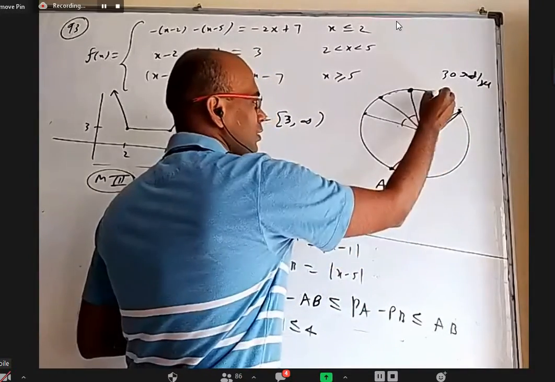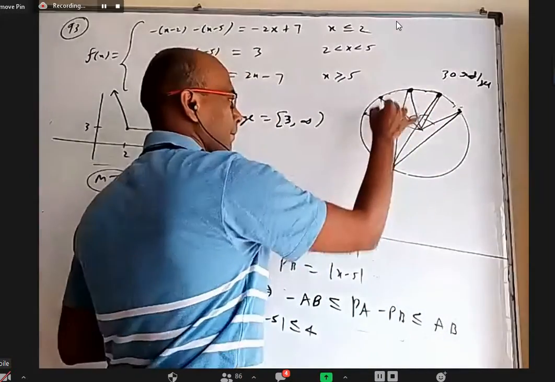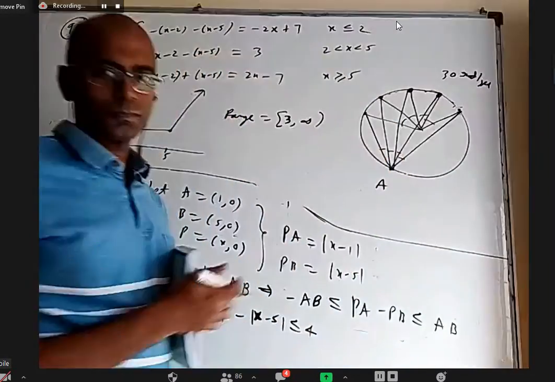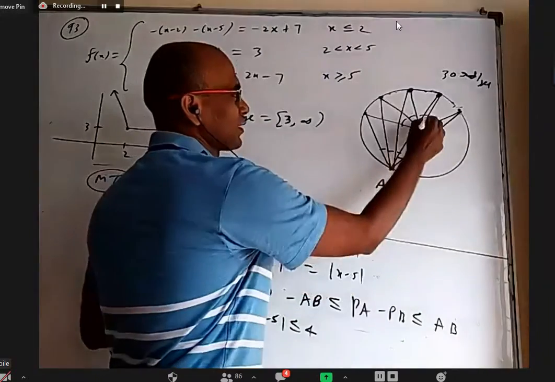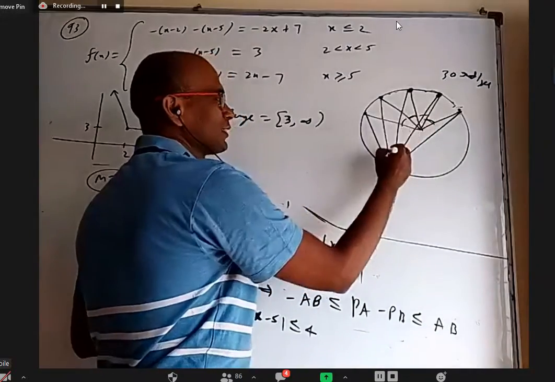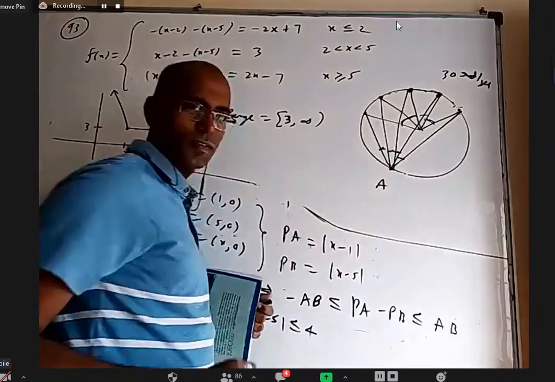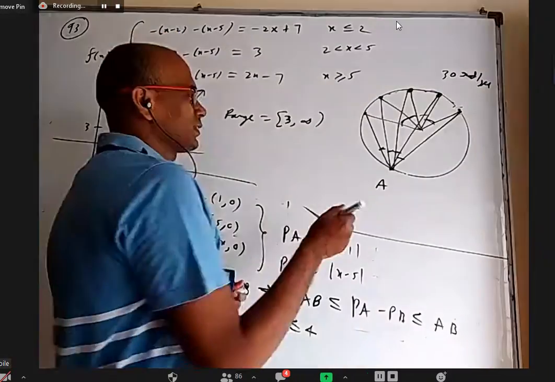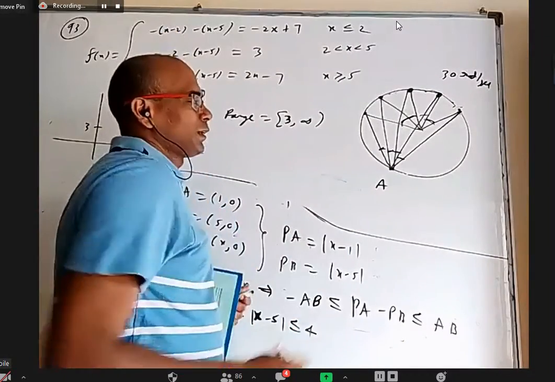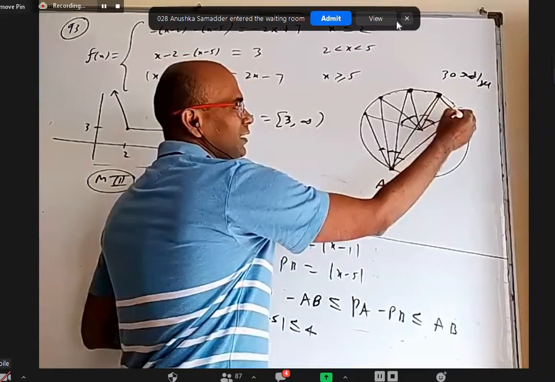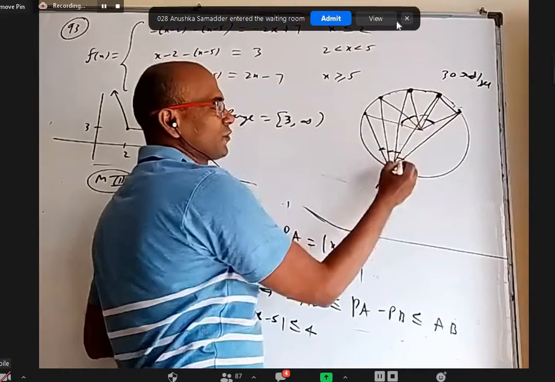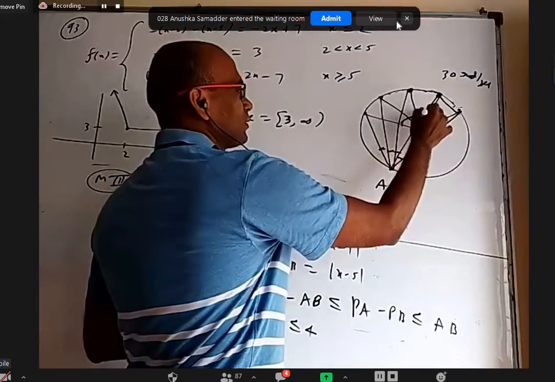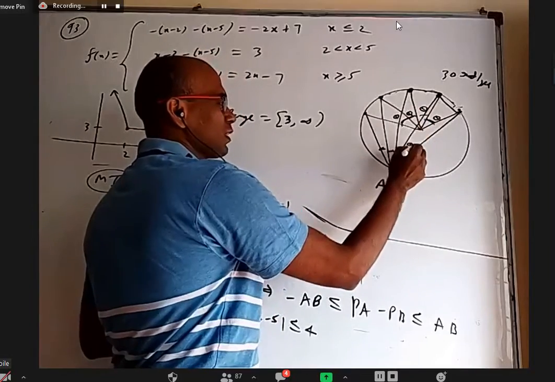Now, when you join all of them to this point, all these 4 angles are also equal. Why? This angle is half of this angle, this angle is half of this angle, and this angle is half of this. They are not angles in the same segment. Angles in the same segment means you should have one chord. Basically, any chord, how much angle it subtends at the center, half of that it will subtend on the circumference. If these all would have been theta, these all would have been theta by 2.